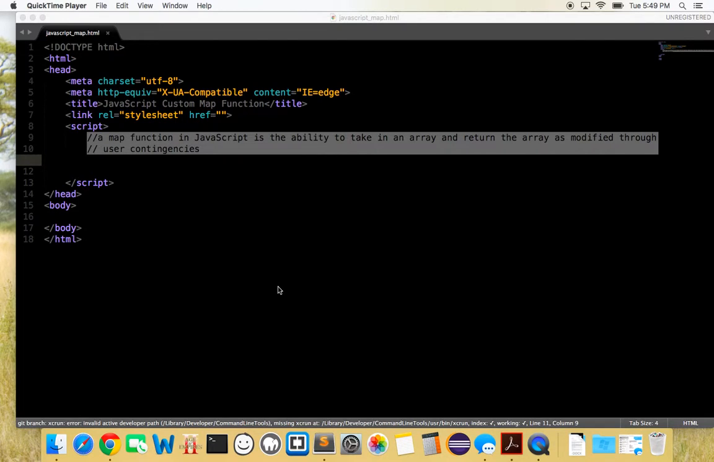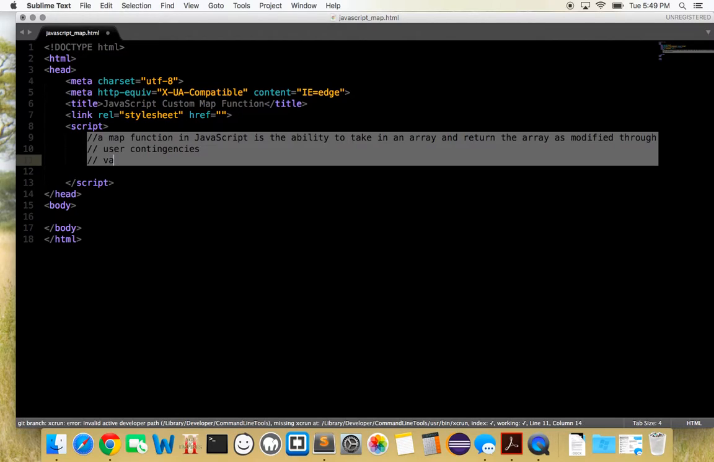Guys, so we are going to, as the title denotes here, write a JavaScript custom map function. As I have down here as a comment in the HTML, a map function in JavaScript is the ability to take in an array and return the array as modified through user contingencies. So an example would be, I pass in an array of 1, 2, 3, 4, and I want to get back